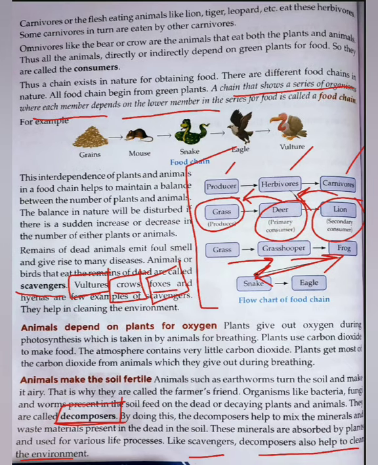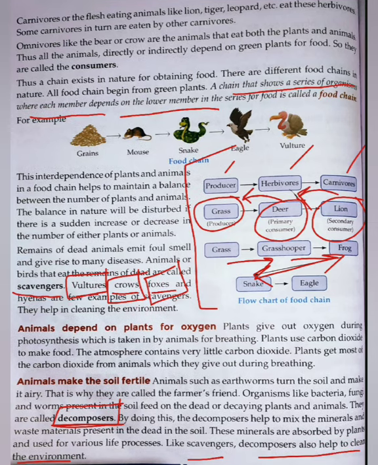One more point is that plants depend on animals for reproduction and dispersal of seeds, as many birds and insects like honeybees or butterflies visit flowers to collect nectar. While doing so, they carry pollen from one flower to another, and thus help plants to make seeds. In the previous chapter we have already read how the dispersal of seeds takes place through various sources, that is through air, water, or different animals.